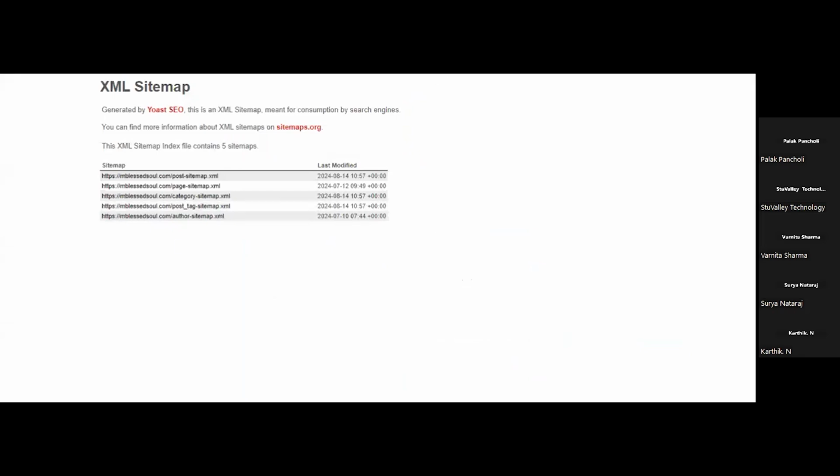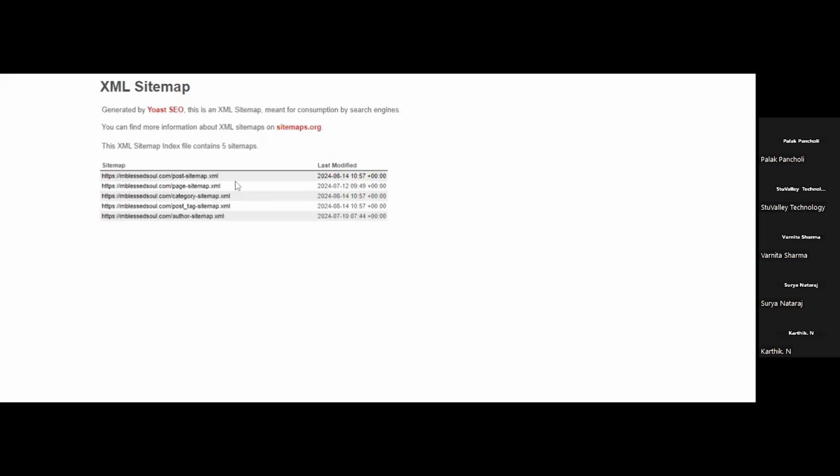This is the XML sitemap file. It contains all the URLs of posts available on this website, pages, categories, tags, and author sitemap. Everything that is available on the website, URLs of all the things are available in this XML sitemap.